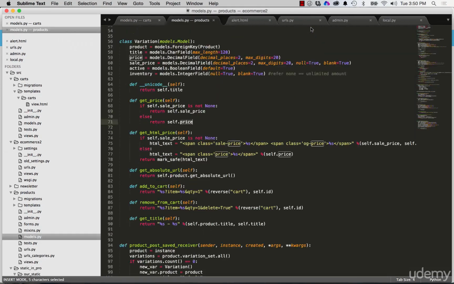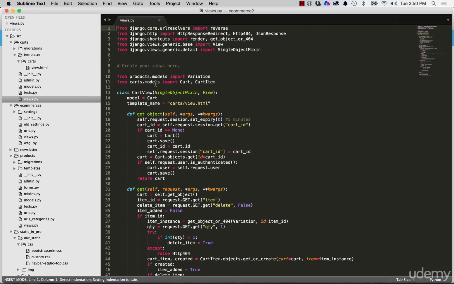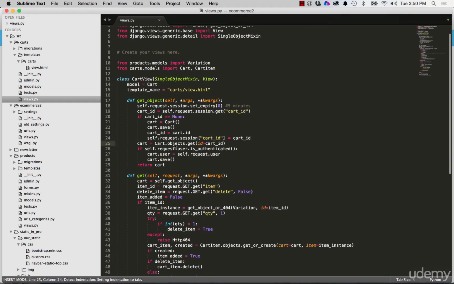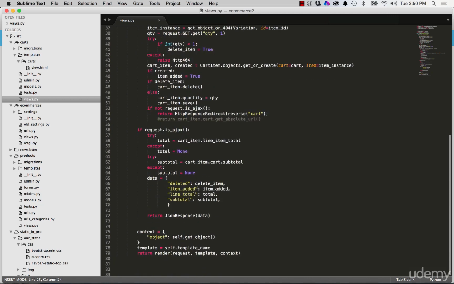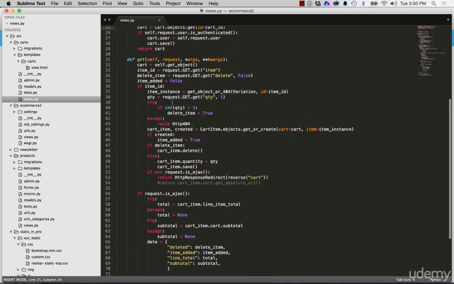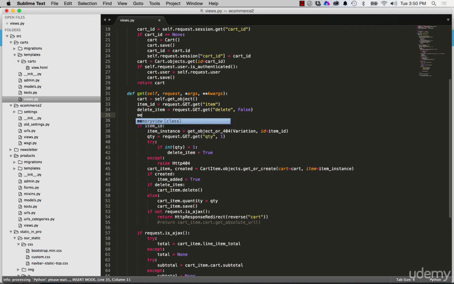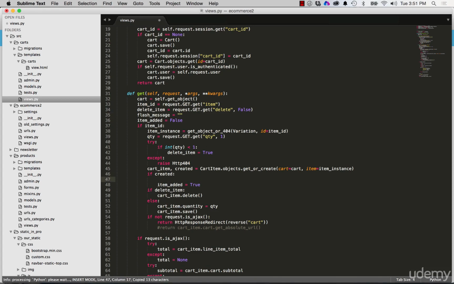I'm going to close out a lot of things here so we can actually get back into just seeing the things we need. And I'm going to go into views. So the cart view is one of them that we want to return a message. Well, really, this is the only one that we want to return a message because this is where we're actually using the messages themselves. So what I'm going to say here is I'm just going to leave the flash message equaling to nothing. I'll have it as an empty string first. And we'll do if created, we'll say flash messages